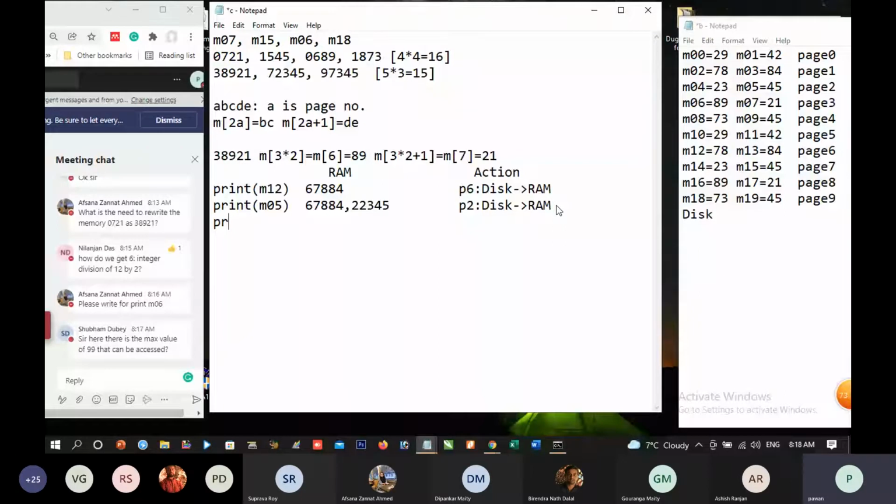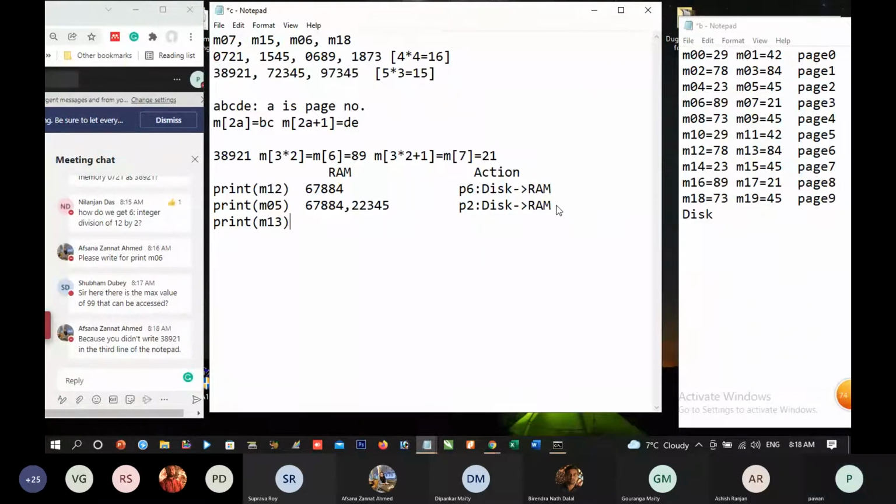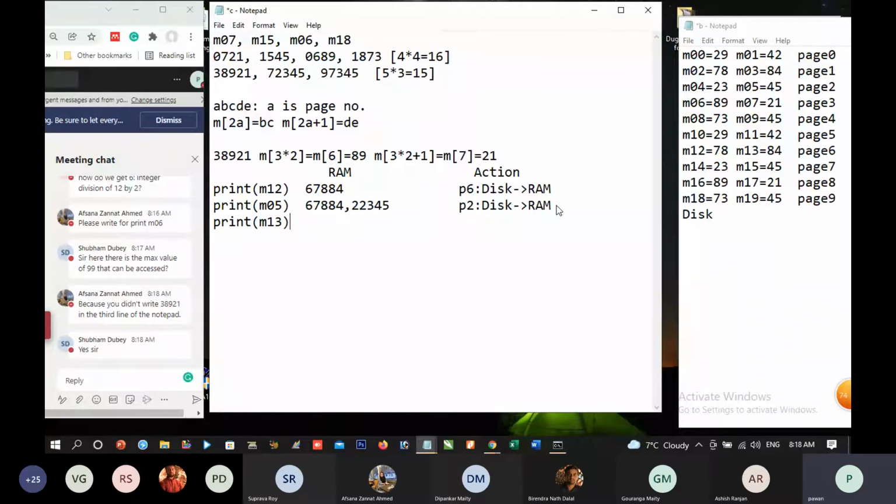Suppose we want to print M13, then RAM will remain the same, no change in the RAM will take place, and there is no transfer. By looking in the RAM, M13 means page 6, and page 6 is already there.